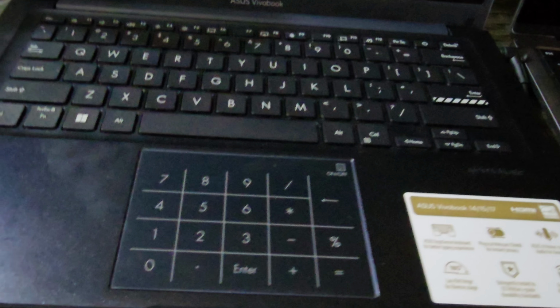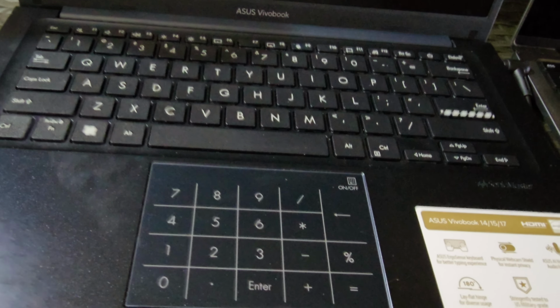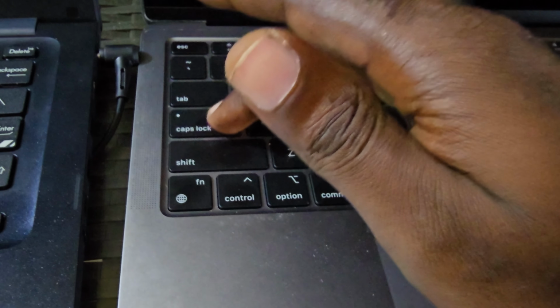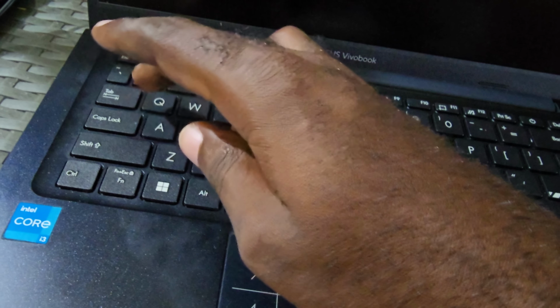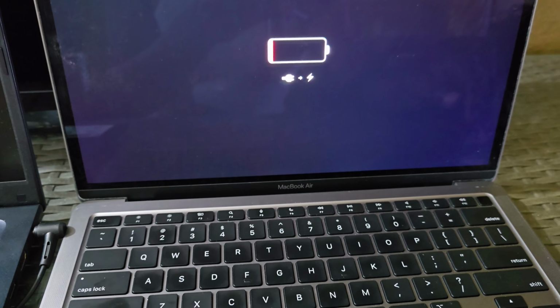Over here on Windows, you'd look out for things such as caps lock. If I press caps lock, it won't come on because it's off. Same over here with caps lock. If you try to press it, it will not come on, so you're sure it's completely off. And of course, what you're going to do next is